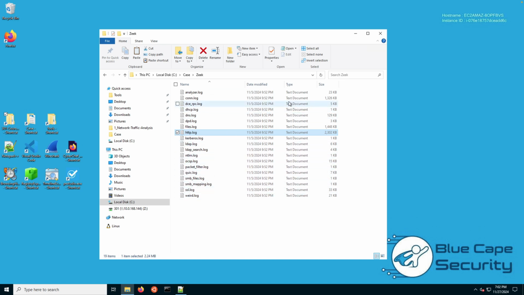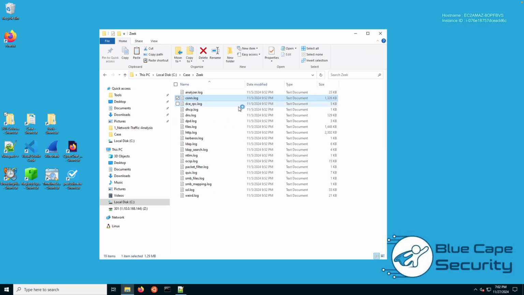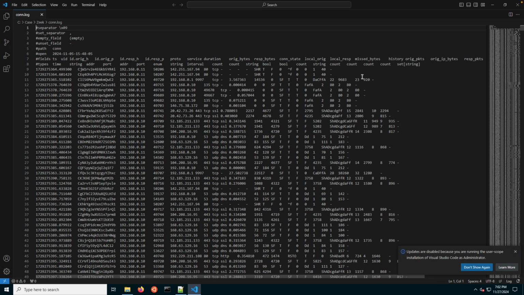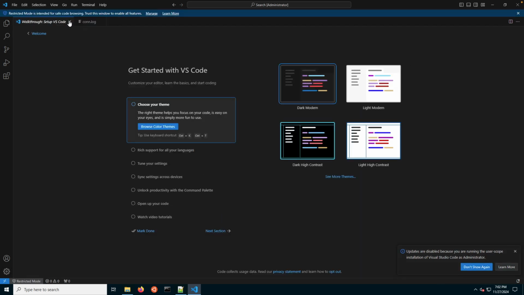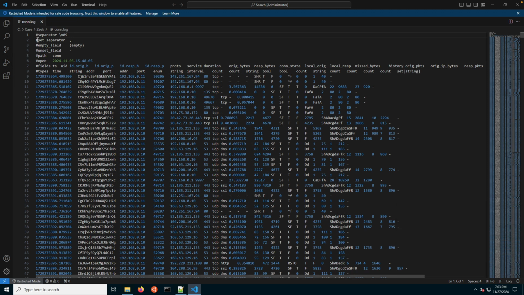But in our case, first of all, let's just look at some of the more interesting ones. For example, conn.log, which captures connections. And you can open this up in any kind of text editor. I prefer Visual Studio Code. Let's familiarize ourselves with what we are looking at here. So once you start this up, the headers are as follows. Here's the datasets. And here we have the fields that are describing the different columns,